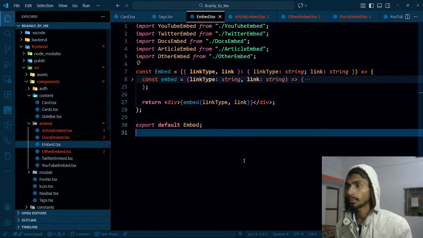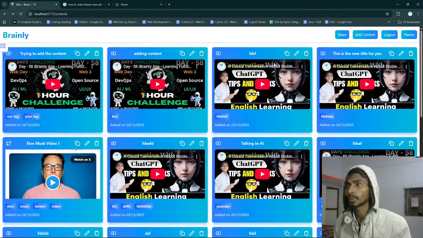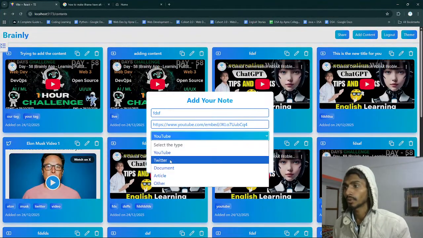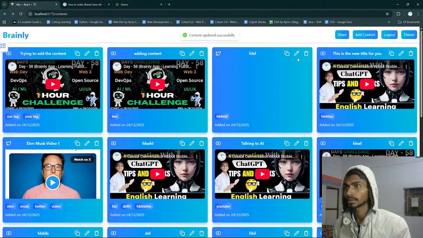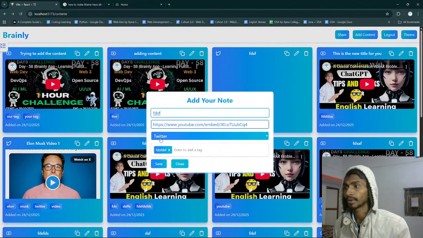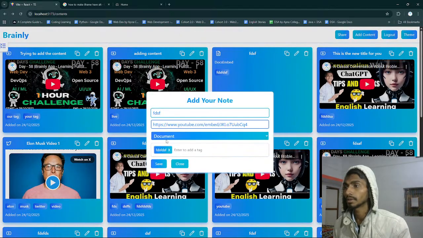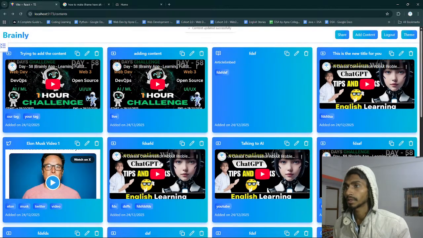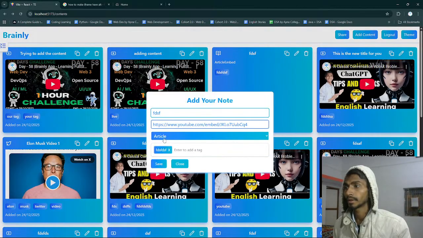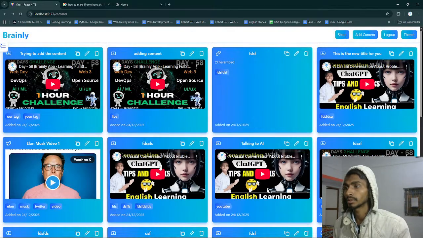So if I clicked on the embedder, and suppose I have YouTube, so I'm rendering this. In Twitter I'm rendering something else. If that's not available, then that's okay. Document, I'm rendering document embed. Here I'm returning article embed, and at the end I'm returning other embed. Okay, how can I even make sure that